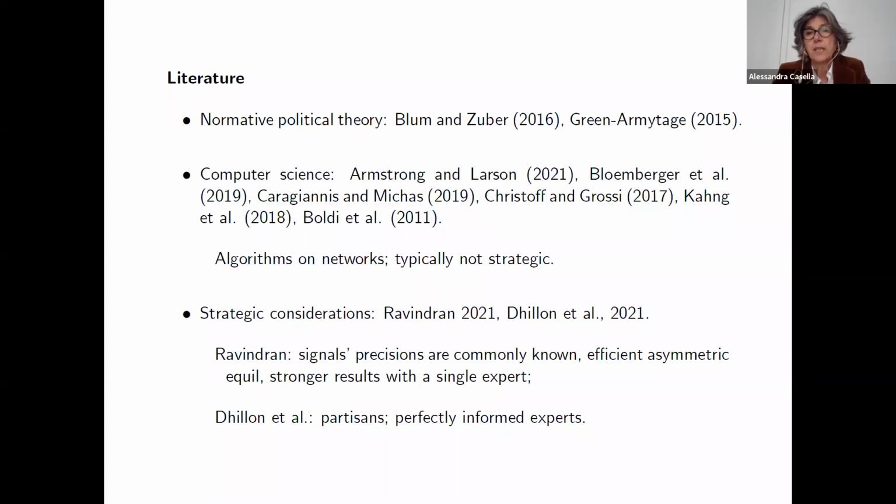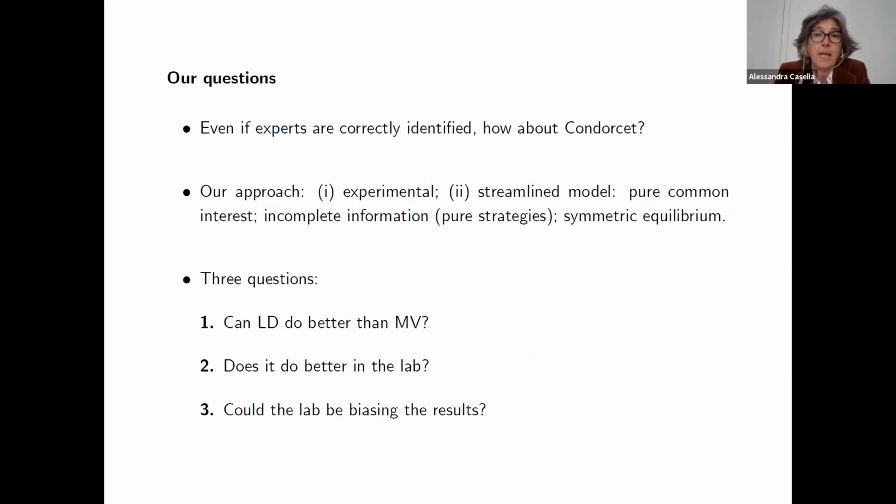In terms of strategic consideration, the type of analysis that we as economists would be more familiar with, to my knowledge, there are 2 papers, one by Dilip Ravindran 2021, that was part of Dilip's PhD dissertation, and a paper by Martha Dillon and others. And in fact, I believe that these 2 papers are now being combined. On the slide, or if you ask me, I can tell you more about what they do and how they differ. These are theoretical papers. Our approach instead would be experimental. So I will tell you about the experiment we ran.